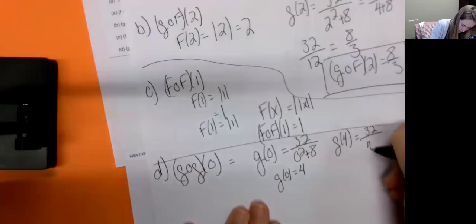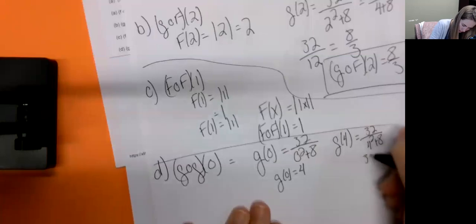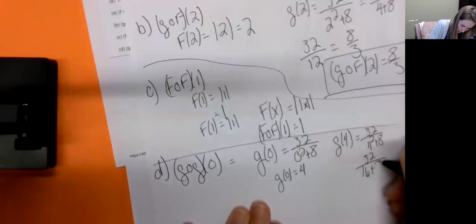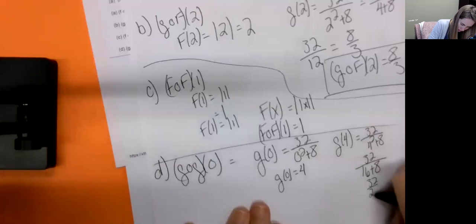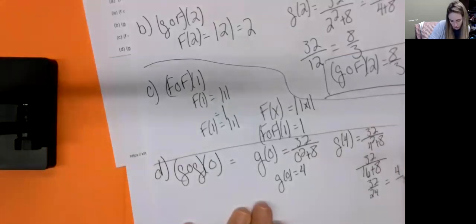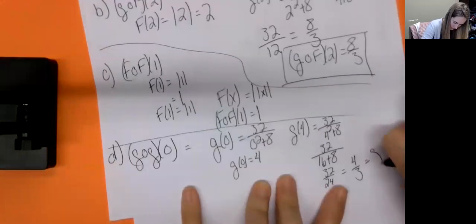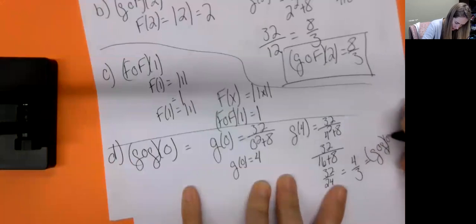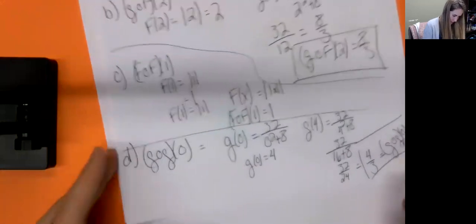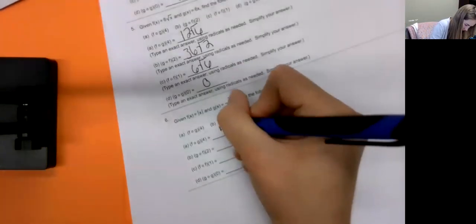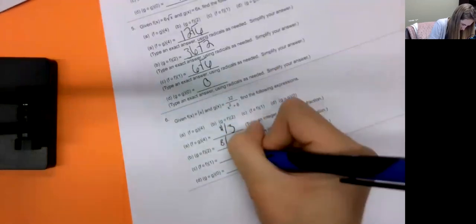32 over 4 squared plus 8, which would be 32 over 16 plus 8, which is 32 over 24, which reduces to 4/3. G of 0. Okay, maybe we're done doing 4/3 here, 8/3 here, 1 and